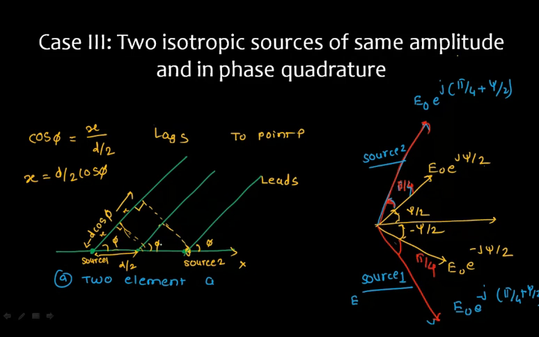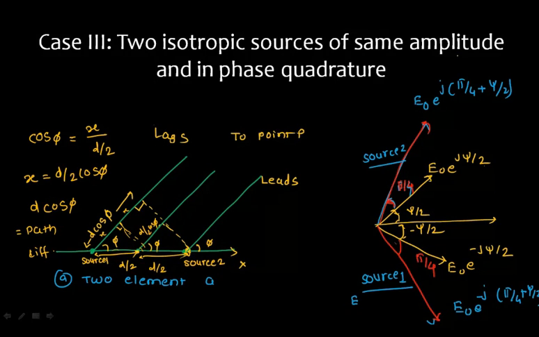And this total is 2x. So this is also d by 2 cos psi, and this also will be d by 2 cos psi. Collectively you will have a total path difference, that is 2x, which is nothing but d cos psi. So this is equal to the path difference of these two elements. Now, if I consider my reference to be the origin of the coordinate system, I have placed these two elements around this origin. So this is d by 2, this is also d by 2.